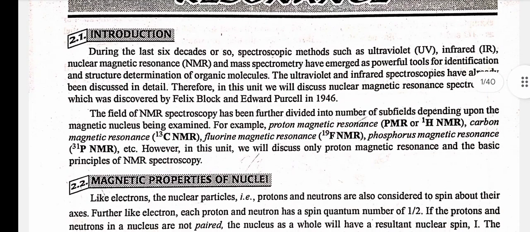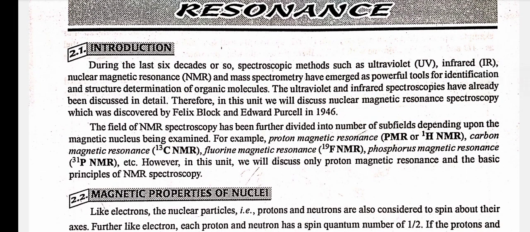Introduction. During the last 6 decades or so, spectroscopic methods such as ultraviolet, infrared, nuclear magnetic resonance, and mass spectrometry have emerged as powerful tools for identification and structure determination of organic molecules. The ultraviolet and infrared spectroscopies have already been discussed in detail. Therefore, in this unit, we will discuss nuclear magnetic resonance spectroscopy, which was discovered by Felix Bloch and Edward Purcell